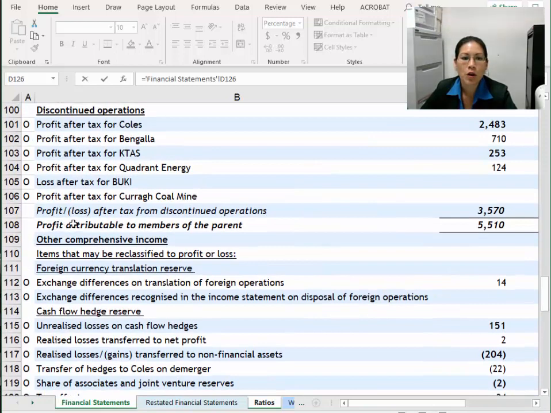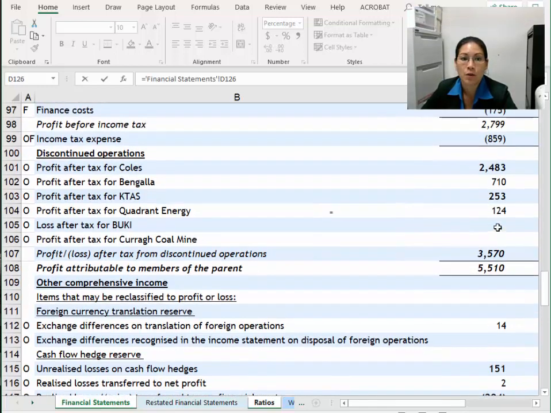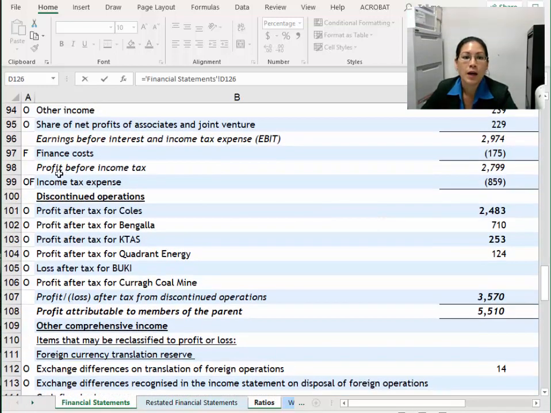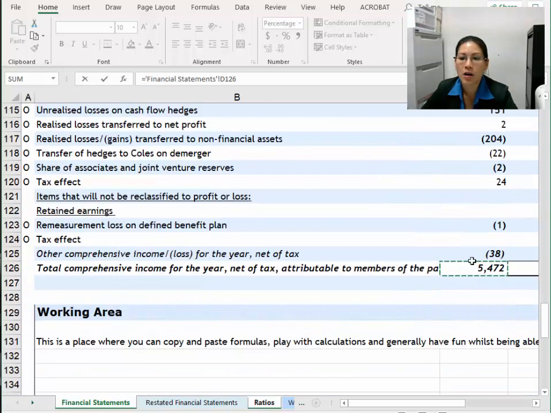But if you would like to use the net profit after tax, so this particular line here for Wesfarmers, profit attributable to the members of the parent after tax, after all their discontinued operations, you can use that one and just write about why. Some companies actually put a profit after tax before discontinued operations. There might be another profit total here which you can use, and that's also fine. In my case, I like to use the very final profit. So that's the one I'm going to do,